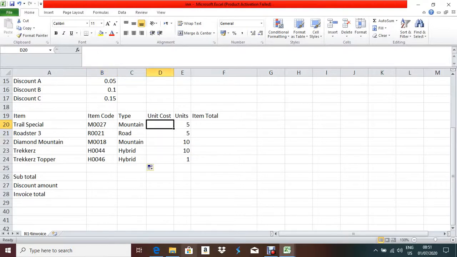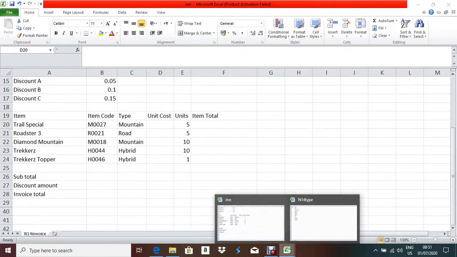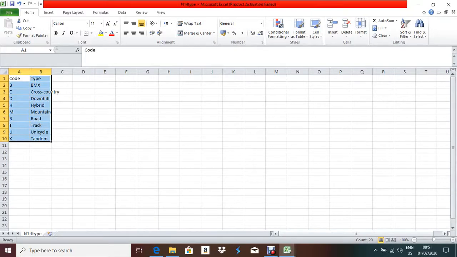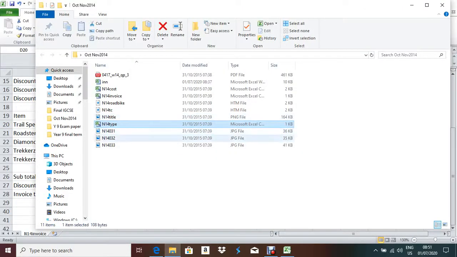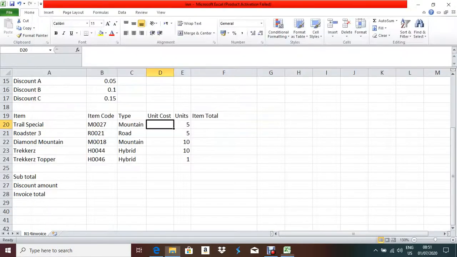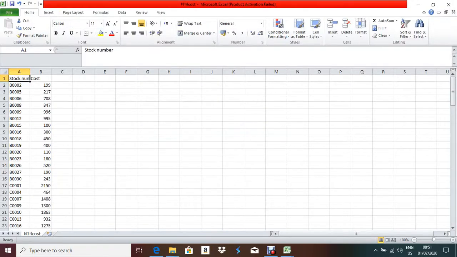So first you have to open that unit cost file, right? So we can close this one. Now let me open N14 cost, this one, and see here also the data is given in a vertical way, right? So you have to collect the data from here.